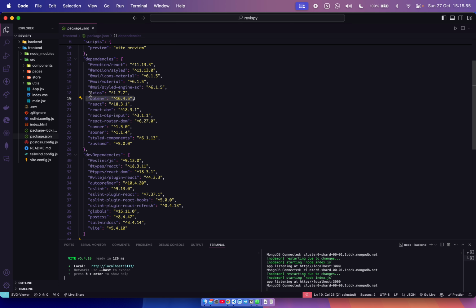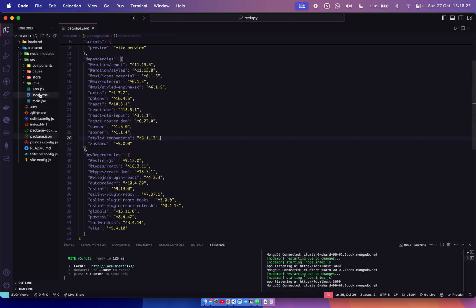dotenv is used for the .env file access, React Router DOM for the single page application routing. Sonner is used for the toast notifications, like login successful. Zustand is used for state management. I know this is not a big application to use Zustand, but I have used it to show better state management.